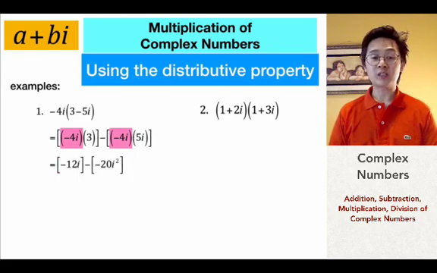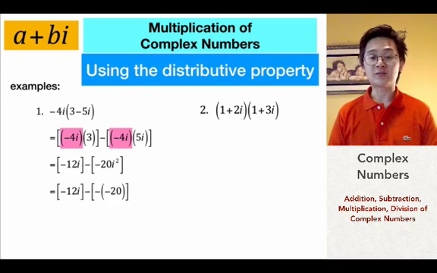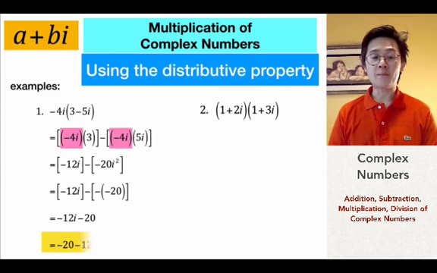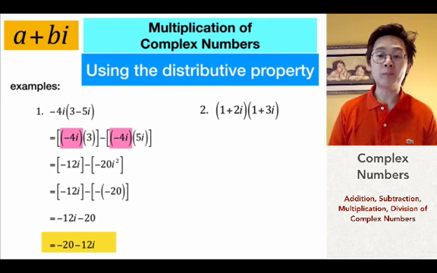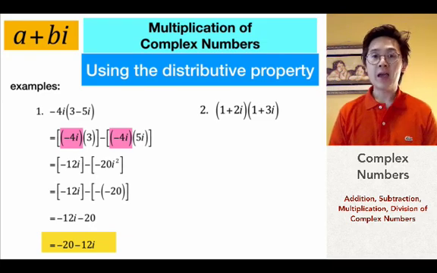So in our expression, we know that i squared will turn into a negative 1. So it will give us a positive 20, since double negatives become positive. So we'll have negative 12i plus 20. So this will be the product of negative 4i and 3 minus 5i: 20 minus 12i. And for problem number 2, we have 1 plus 2i times 1 plus 3i, which is